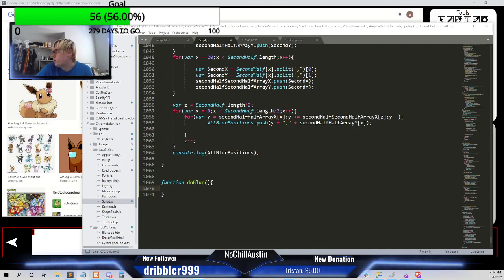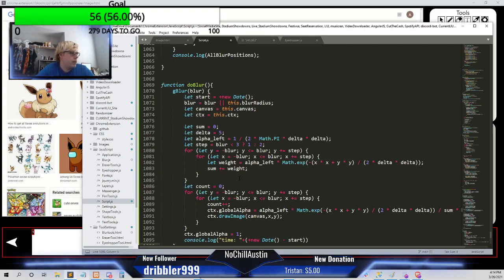Yeah, G blur is what we want. The G blur is like this. This is the math for G blur, but what I don't know is what Y is. Oh, it's this, but